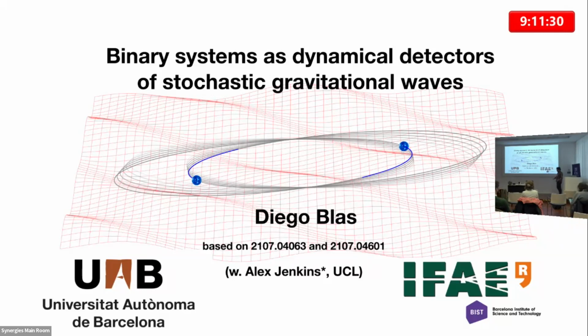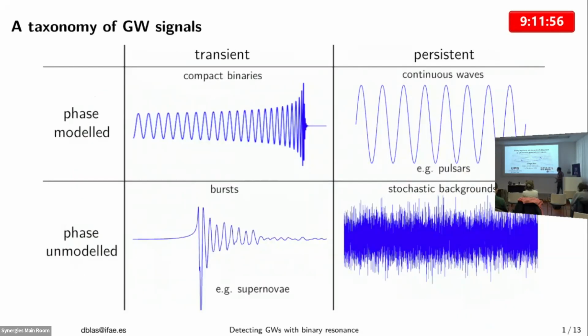Of course, if it's just transient, it's going to be hard to observe. But if it is happening all the time, like in these stochastic backgrounds, and if the frequency of this wave is in resonance with the wavelength of the binary, it may accumulate over time and eventually destroy the binary or do something to the binary that you can see. So that's the explanation of the title.